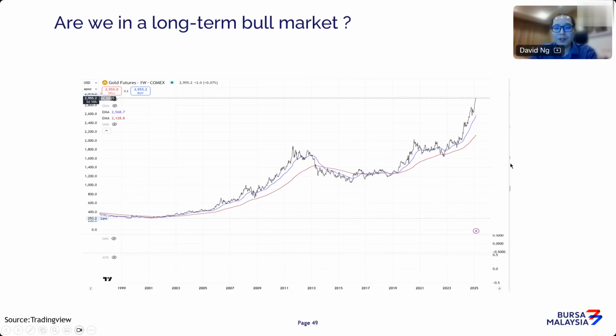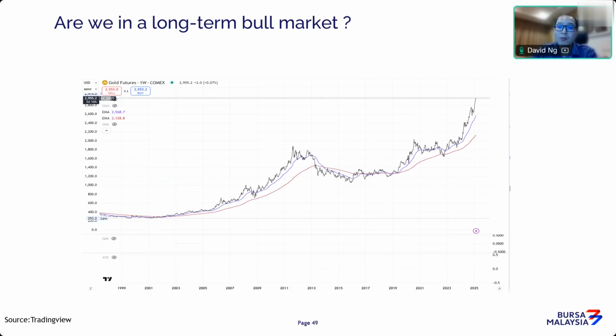Now, if you just look over a longer period, you can see that gold really is on a different trend right now, and it's clearly on a bull cycle. Whether it will take you to another level is still yet to be seen. But I think, if the factors I mentioned earlier persist throughout this year, gold can reach another level. I think it easily can cross 3,000 without a doubt.